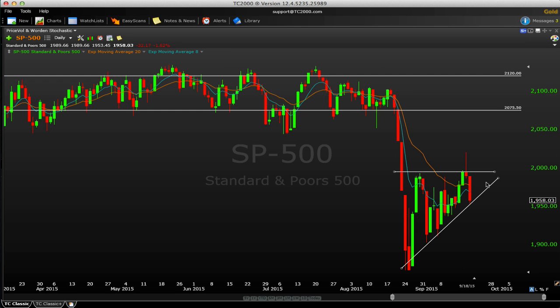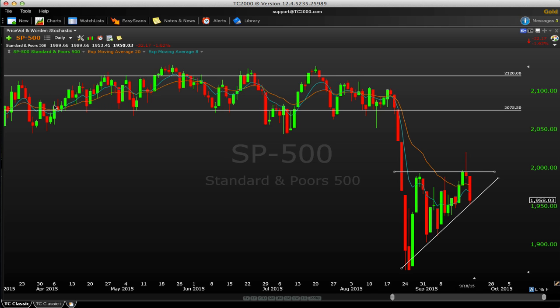So let's take a look at the cash market, the SPX right here. And you can see this is sort of the scenario that we're in right now. And again, our goal is to just as objectively as possible analyze markets. If I had this name hidden and someone showed me this chart, this is a bearish formation. Now, I'm not making a bearish call. I'm not predicting that things are bad, but here's basically what happened.